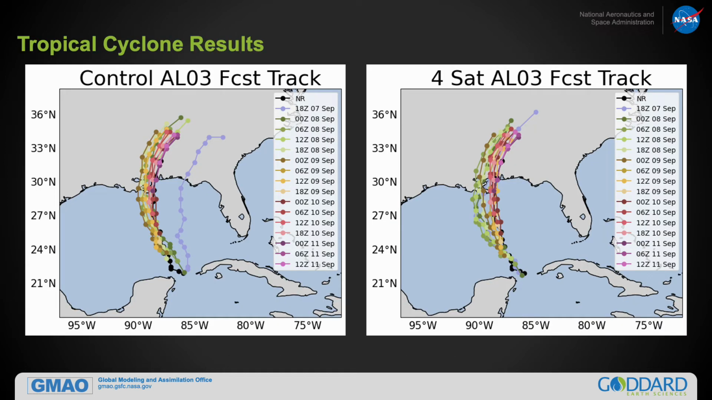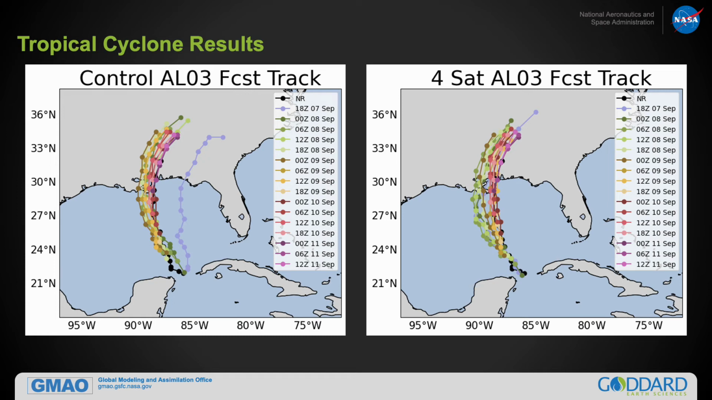Another significant application of geostationary IR observations is the representation of tropical cyclones. One tropical cyclone that was present in the nature run, named AL03, formed within the Gulf of Mexico, traveled north, and made landfall along the Gulf Coast. We initialized forecasts of this system every 6 hours in both the control and the 4SAT experiments and compared their